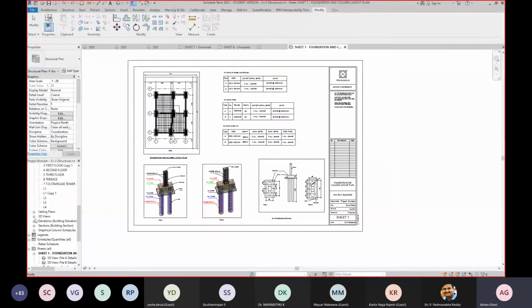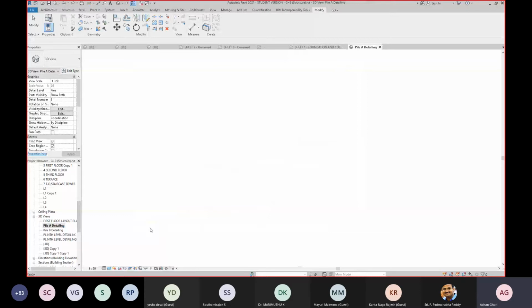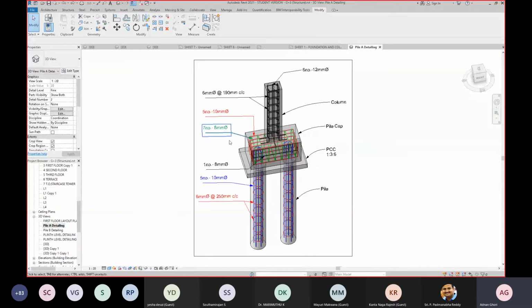If I go to a 3D view on the left side, you can see here that pile A detailing and pile B detailing are over here. If I double click on it, you can see this is pile A1 detailing. It's provided a color as well.